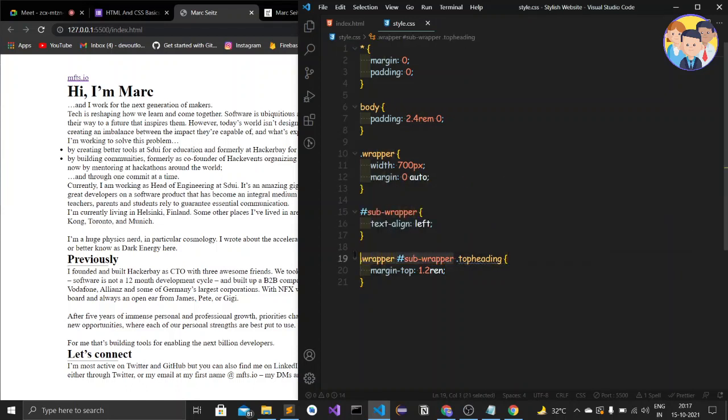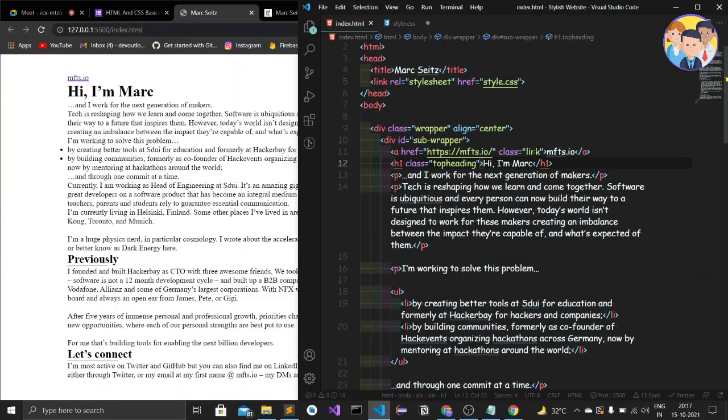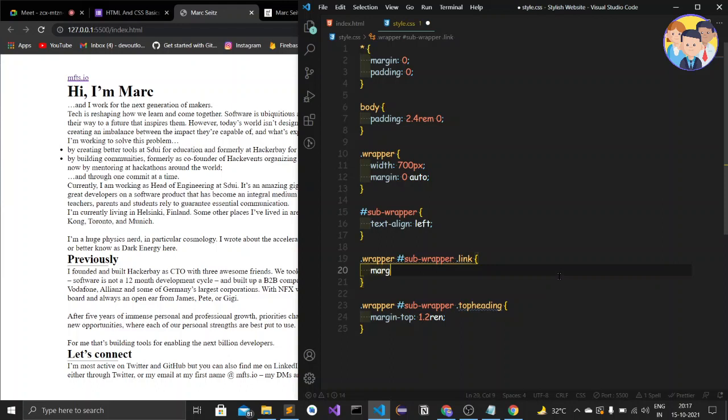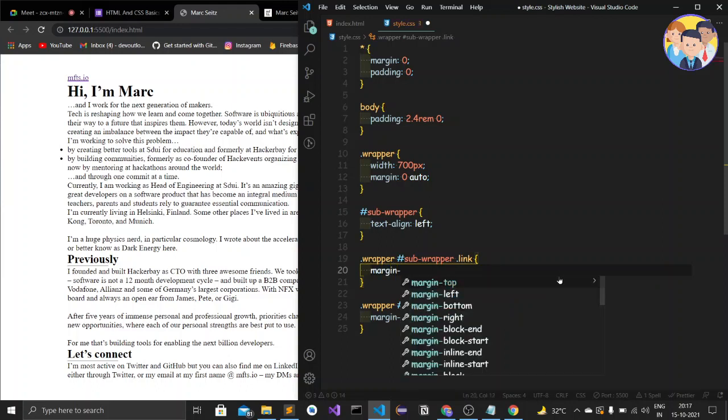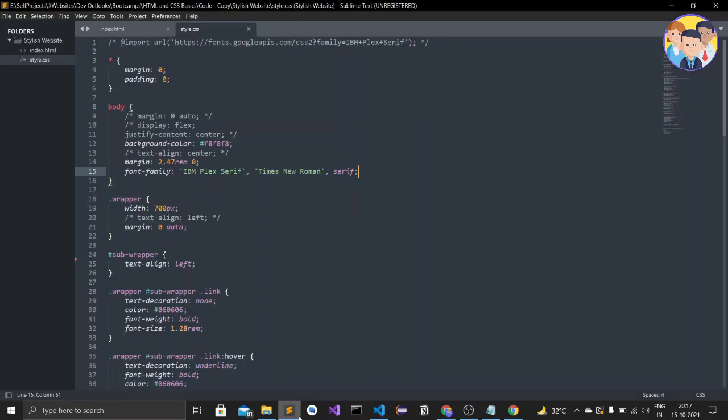Let's try margin bottom to the link. Dot link, here dot link, and inside that I'll give the margin bottom. Let's say 2rem. Why is it not coming?